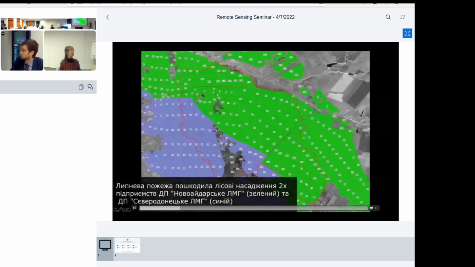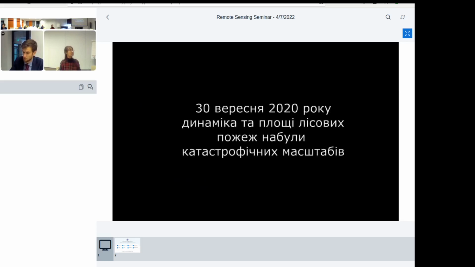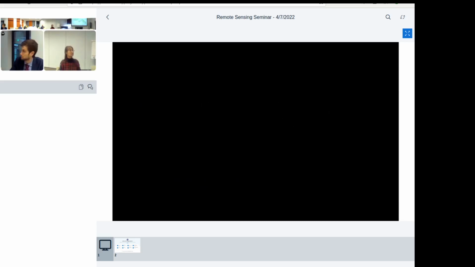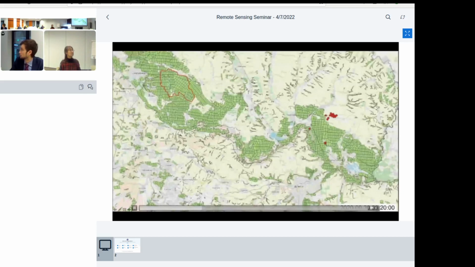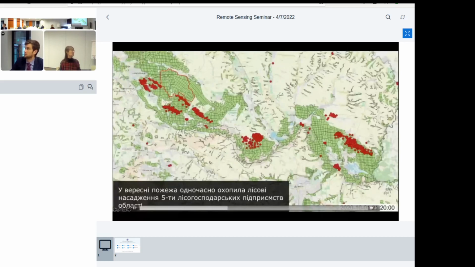And in September of this year, there were new, very big fires in Ukraine. We also see Sentinel-2 data and NASA thermal anomaly FIRMS data, and we see a time lapse. This is a thermal anomaly point from NASA FIRMS,